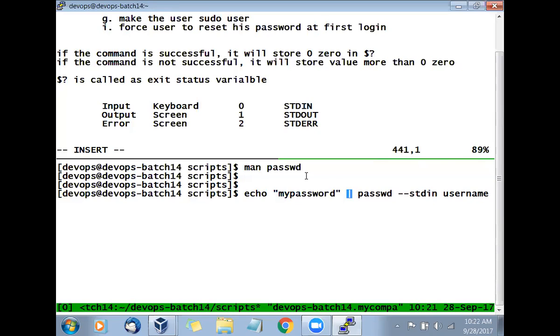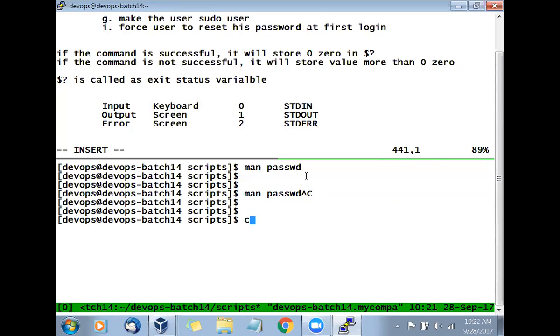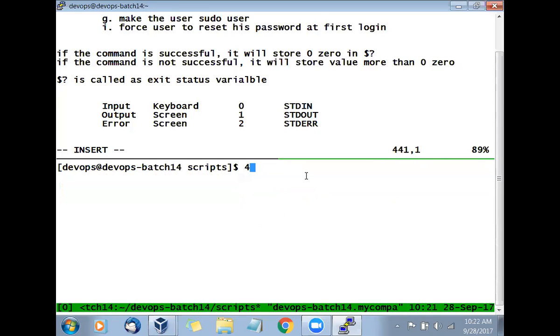Understood what we did here? Let's repeat that. How do you give the normal password? You say passwd and the username. That is correct, but we don't want to use that method. We want to use the standard input method, so I'll say --stdin.